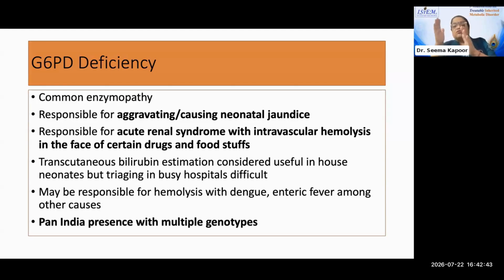And there is a list of drugs which have to be given with caution. For caution, even paracetamol is a drug and aspirin is a drug, which should be given only in titrated doses for the particular duration that you see. So it is not a disease which requires any treatment, but requires lifelong monitoring, carrying a red alert that, look, I have G6PD, don't give me these